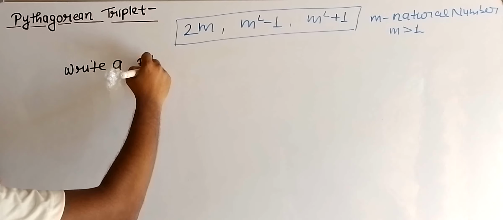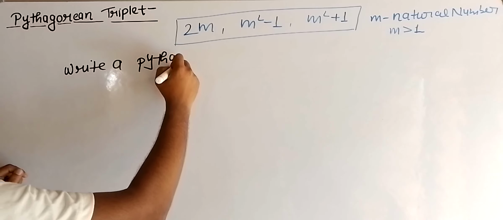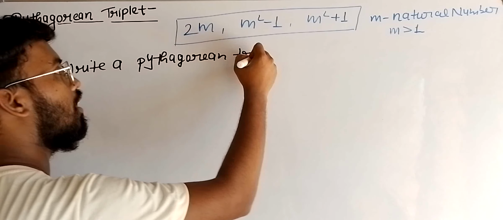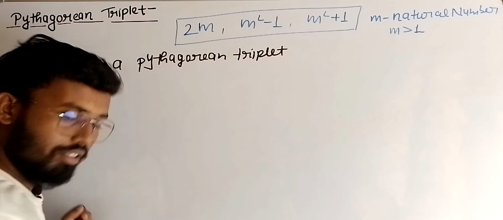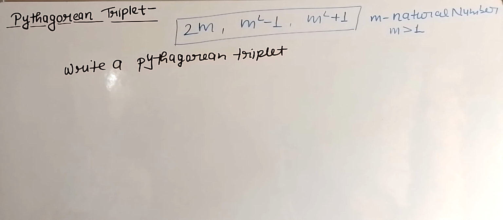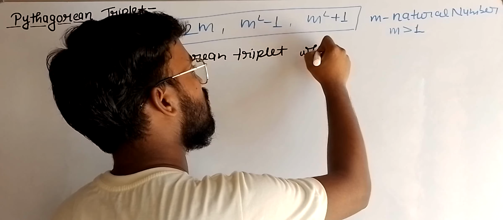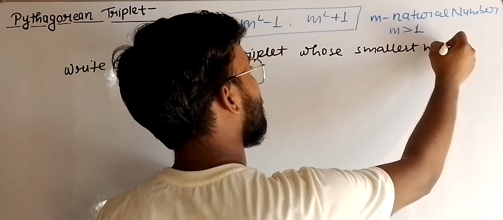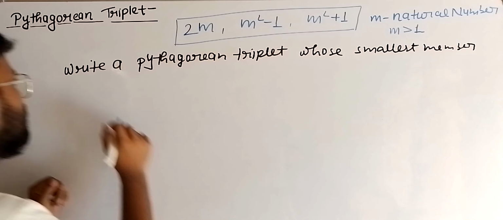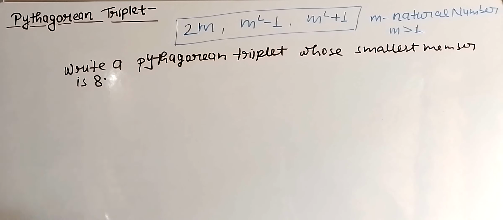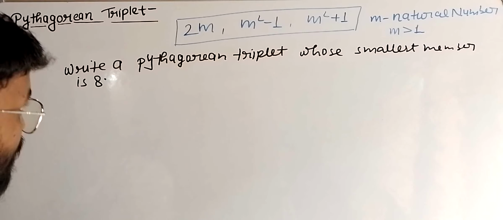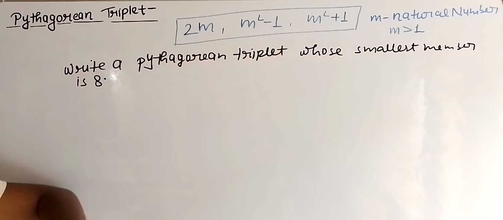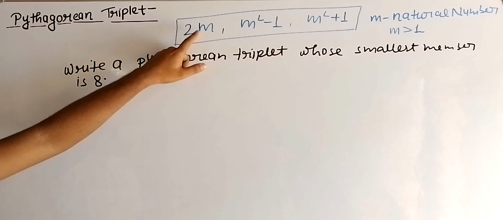Write a Pythagorean triplet whose smallest member is 8. So before proceeding to such kind of problem, let me give some example on the basis of Pythagorean